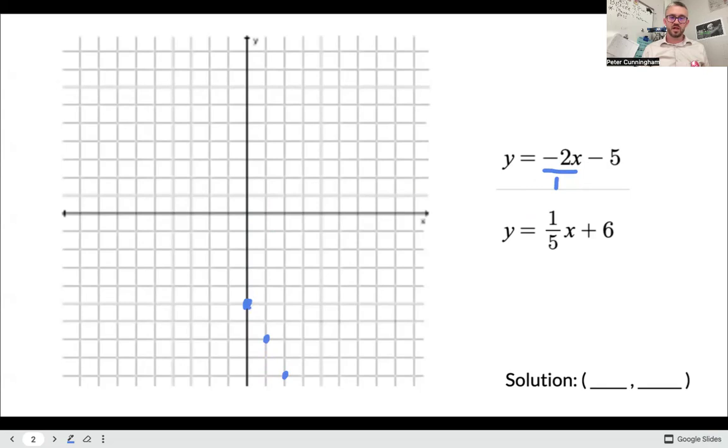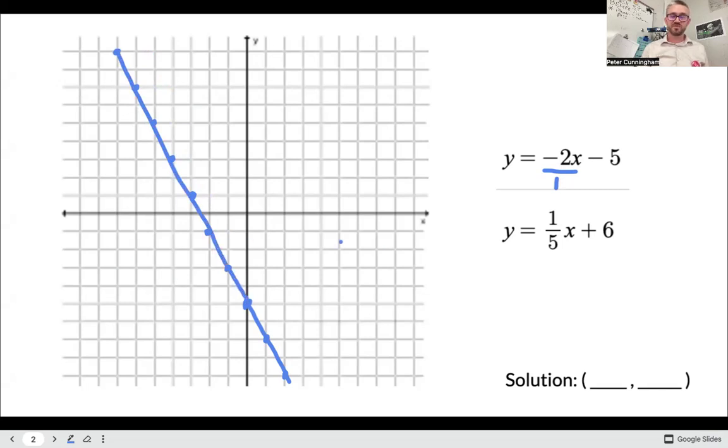up 2. So as I look at that line, I'm thinking, man, I don't have a lot there. So 1/5 x plus 6 being started all the way up here, I'm probably not going to cross it over here. So I'm going to go in the other direction, positive 2 and then left. So as long as your line is overall making a negative slope, that means if you're moving to the right, you're going to be going down. And if you're moving to the left, you'll be going up, so that when you read it from left to right,